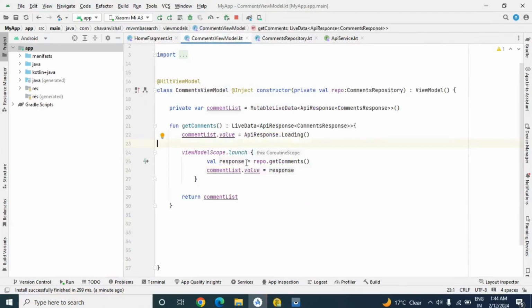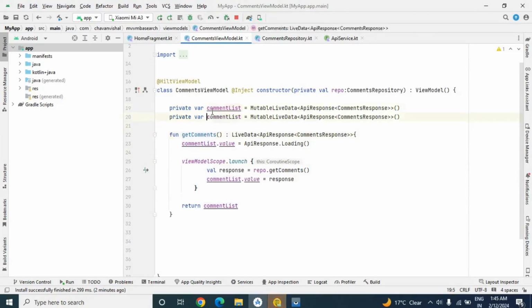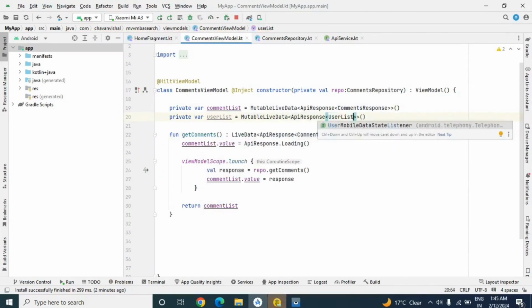Okay, so now let me tell you the drawback of this structure. Currently from our home fragment we are calling this get comments method. Now let's assume we have to call one more API, like suppose get user list. For that purpose, first of all we will create one more variable for user list of mutable live data of API response of, let's assume, user list response.